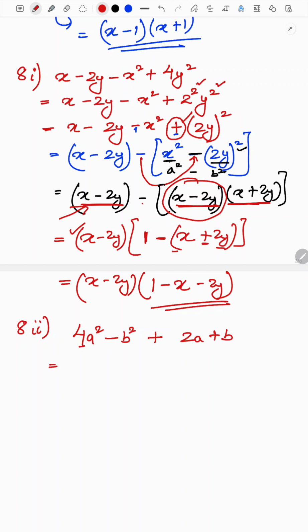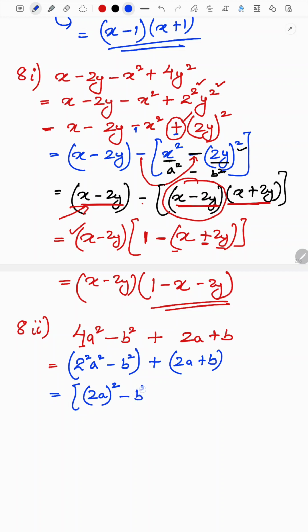So 4 can be written as 2 square, so 2 square a square minus b square, this within bracket, plus 2a plus b within bracket. So here I can write this 2a as a single number with common power, that is 2, minus b square